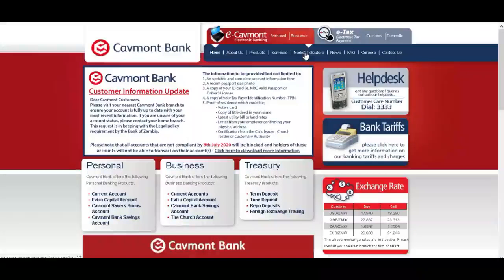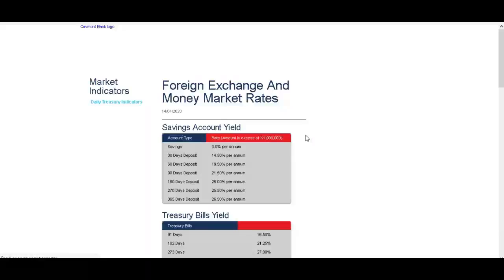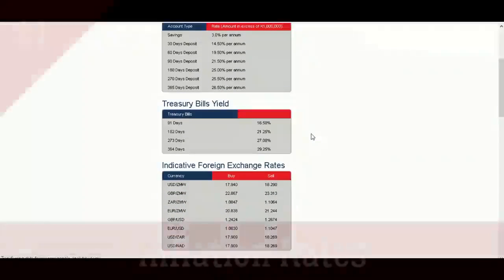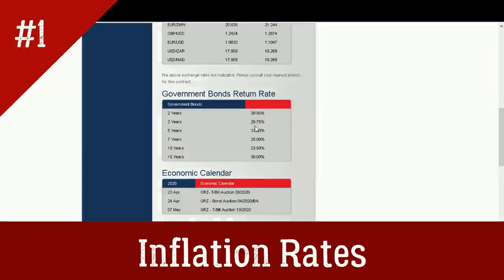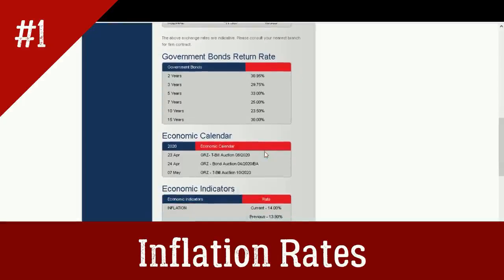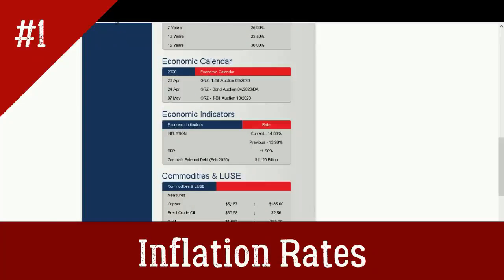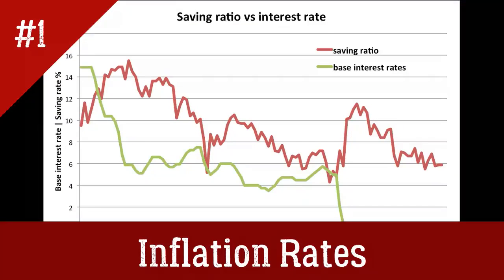There are several factors. Number one, there's the issue of inflation, the inflation rates. In simple terms, inflation refers to how expensive or how cheap goods and services are in a particular economy or country. For example, to simplify it, say I want to order some fruits from Zimbabwe across the border, and it happens that the fruits in Zimbabwe are much cheaper than here in Zambia. What will happen is that